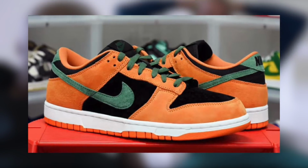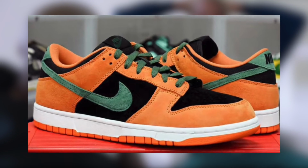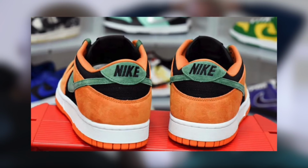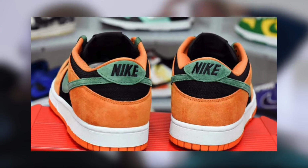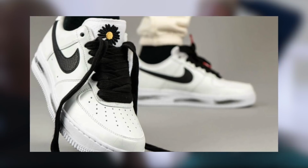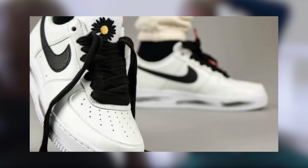Jumping to November 19th, though, we have another great drop. The Dunk Low Ceramic should be releasing at this time. Similar to the Veneer, expect these to be very profitable with an incredible margin as well. Definitely full throttle. Jumping to November 25th for $200, we have the Air Force One Paranoise 2.0 finally dropping after